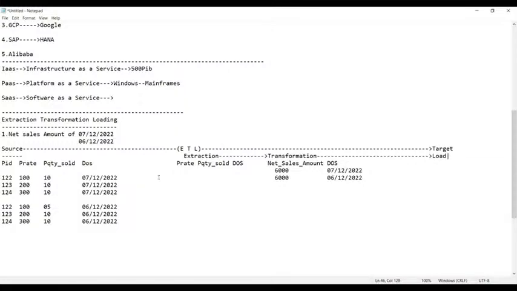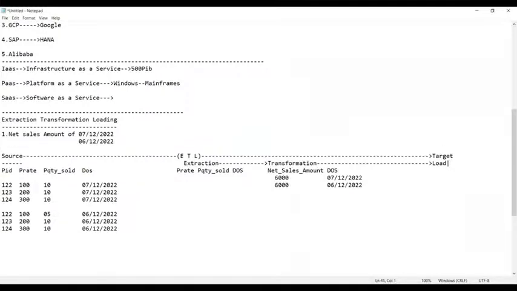Okay, everyone. So now, guys, to perform this process of extraction, transformation, and loading between the cloud and the on-premise system, cloud or on-prem, we use ADF as a service.